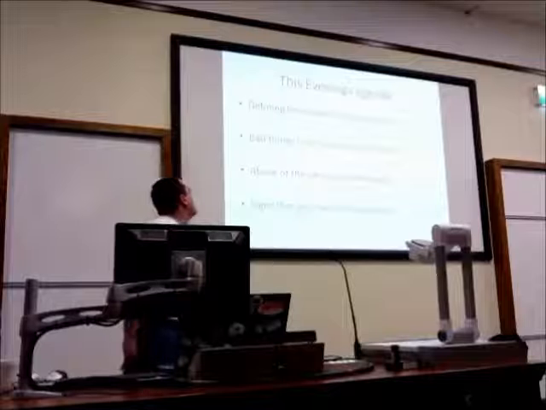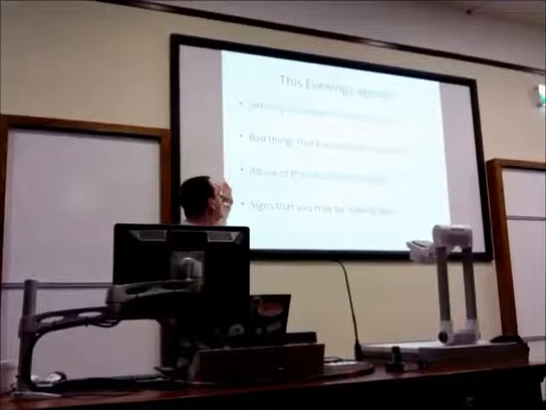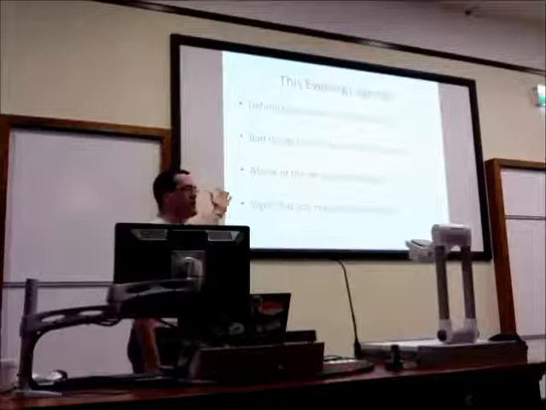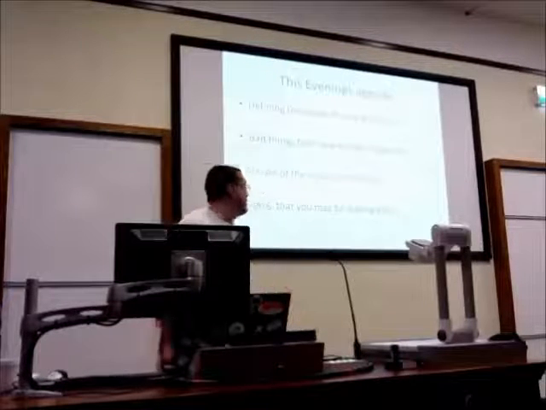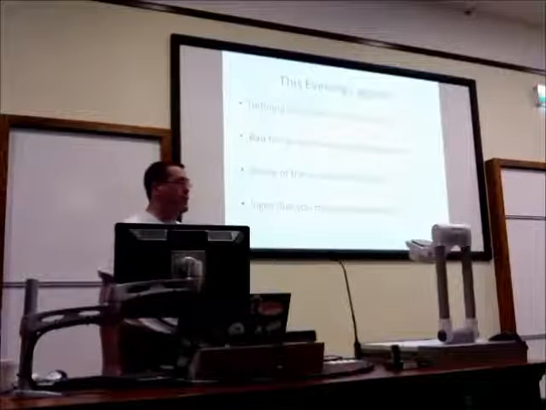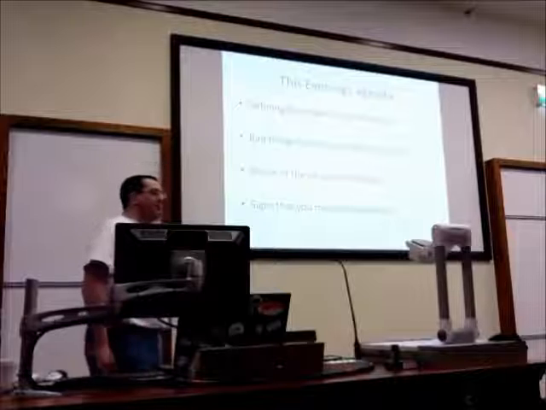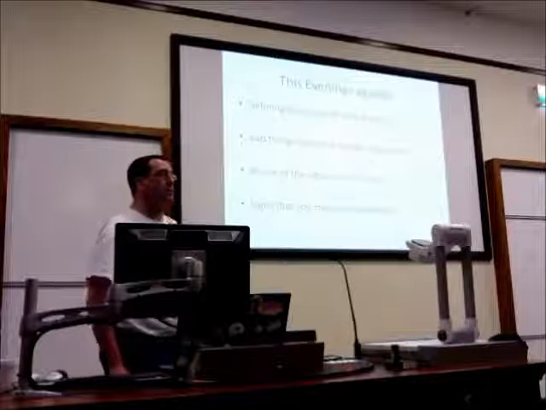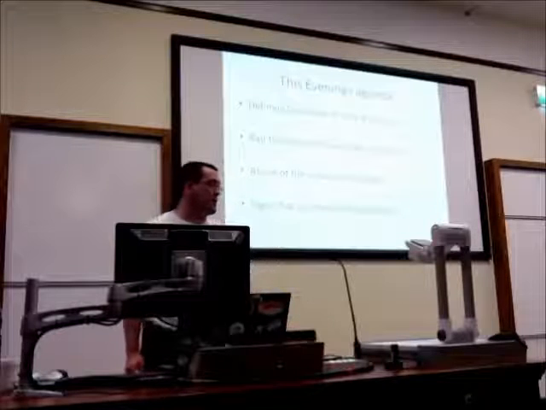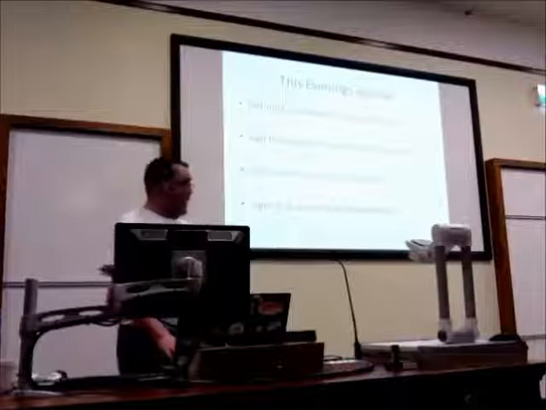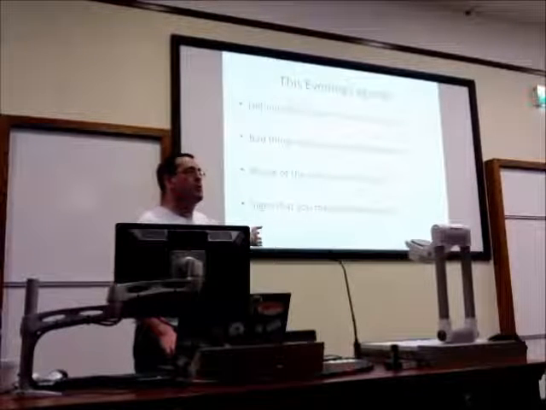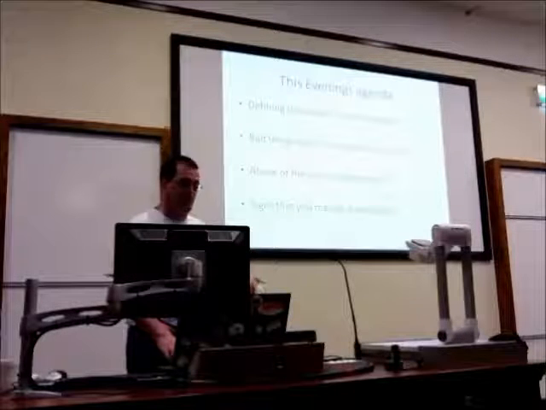So what are we going to talk about tonight? Well, we're going to define what developer privacy and security is all about. I'm going to highlight some of the bad things that have already happened in the industry and show you some of the abuse of some of the various technologies that's already taken place, and a couple of signs that you might need to watch out for to know whether you're leaking data in any applications or websites that you might be developing. I apologise in advance for the lack of pretty pictures. This is all white slides with black text, so it's going to be fairly boring.